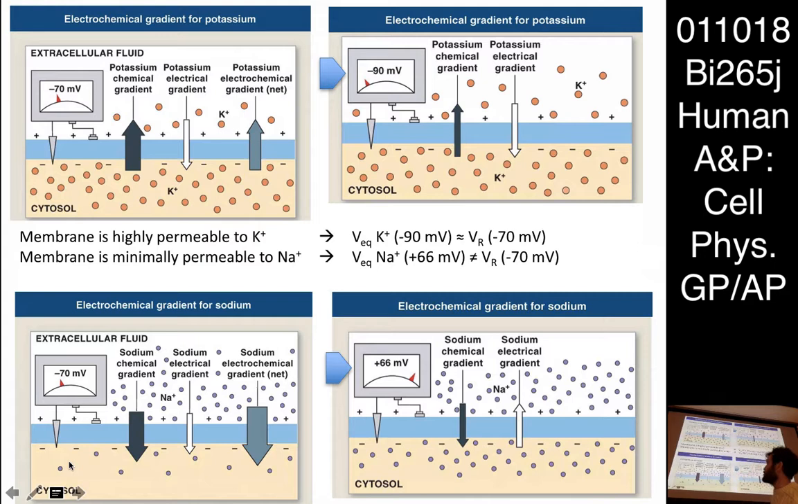Its equilibrium potential for potassium is minus 90. It's minus 90. All right. So we have,